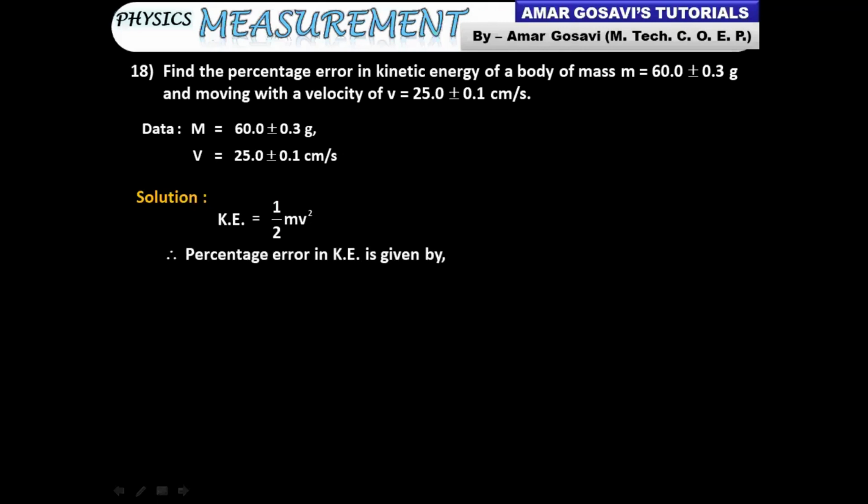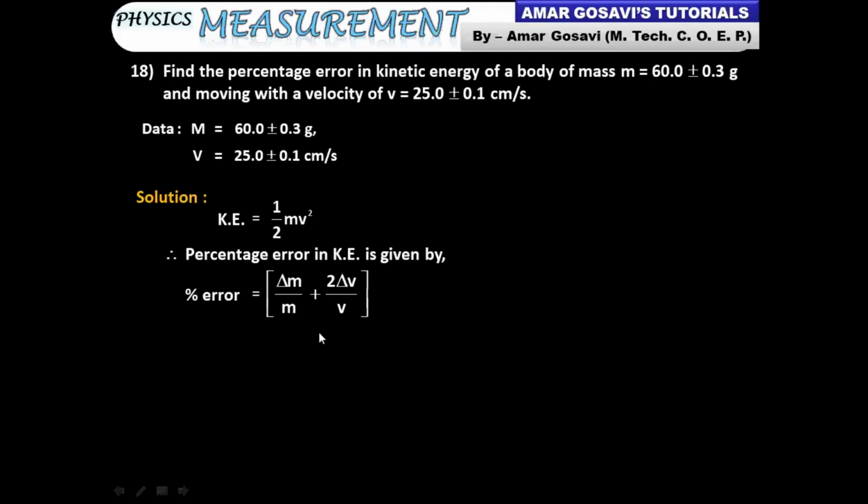So let's see. The percentage error in kinetic energy will be given as, look here, half is not playing any role. Delta m by m, just because m raised to 1 is present over here. Just because v raised to 2 is there, this 2 will come into the picture. It becomes 2 delta v by v. Had this been 3, then instead of 2 here it would have been 3. Had this been 4, then instead of 2 it would have been 4. Because it is 2 over here, this 2 comes into picture. This is a new thing which you should remember. Otherwise, the procedure is the general procedure which we have adopted earlier.